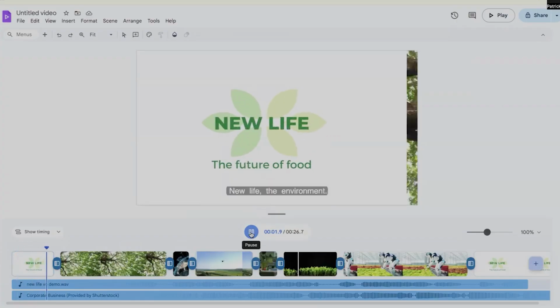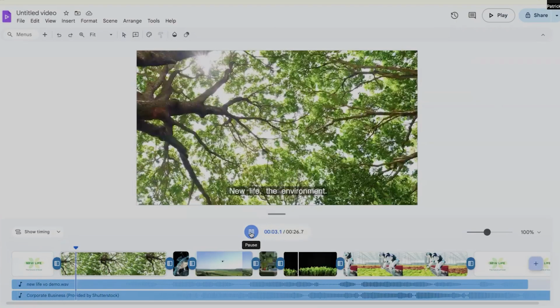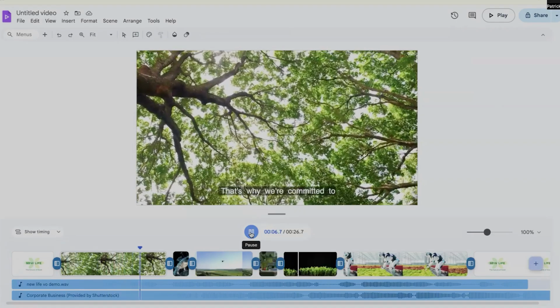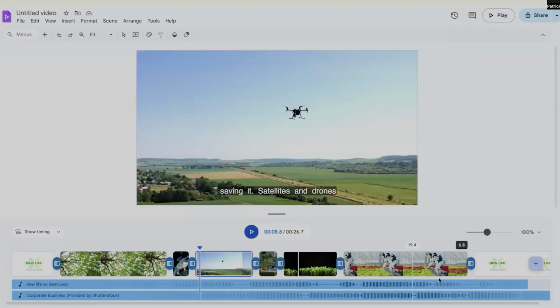New life, the environment. Everyone likes it, and so do we. That's why we're committed to saving it. Satellites and